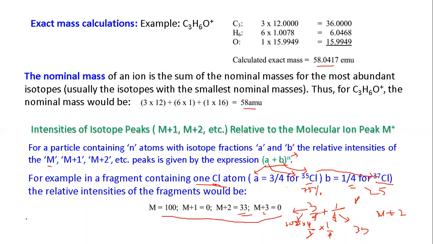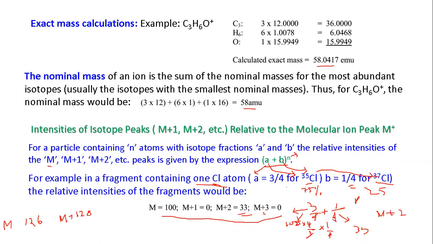Taking too much time. Immediately you have to do. 126, 126. No, you have chlorine 30. Is it 126? Okay, if I take 126, so that is the M, because we are considering the most abundant isotope, which is chlorine 35, right? When you consider chlorine 37, what will be the molecular weight? That will be 128, right? So that is M plus 2.